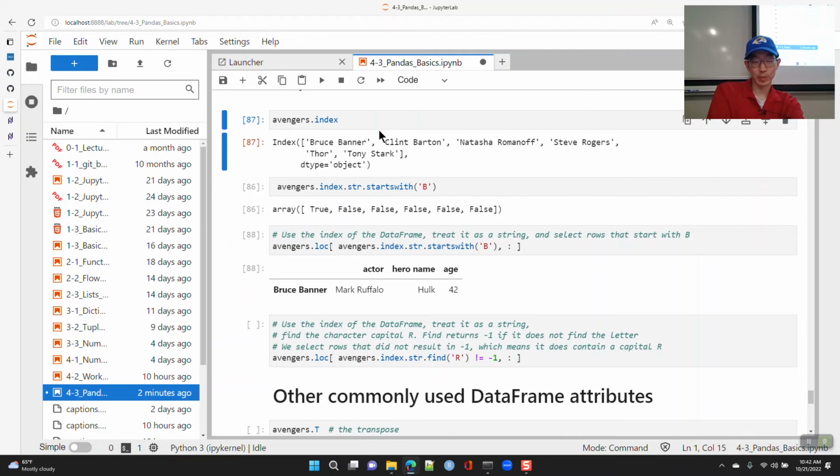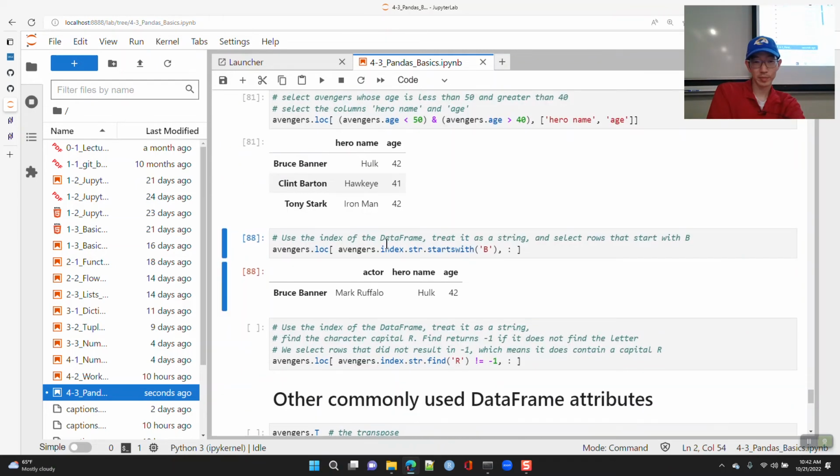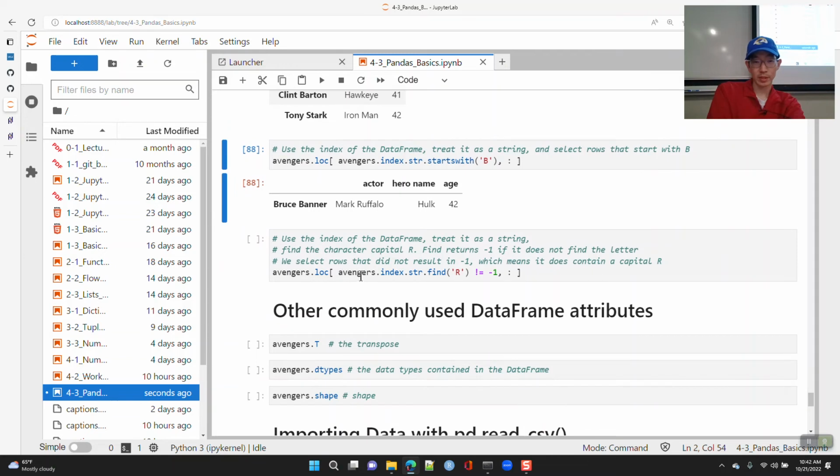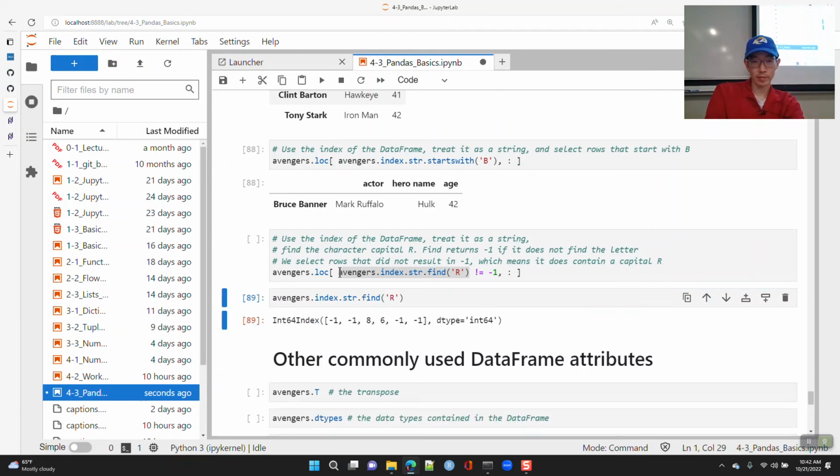And so you have multiple things here. So here I'm going to do avengers.index.str.find, capital R, okay? And remember, what does find do? If you call find on a thing, it's going to give you -1 if it doesn't find it, and it gives you the index value if it does find it.